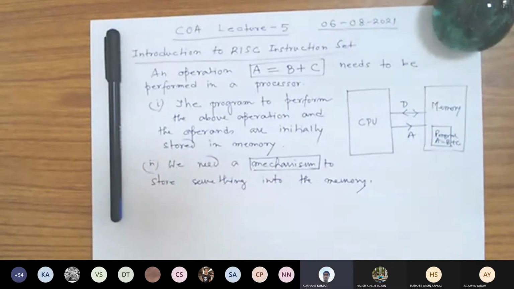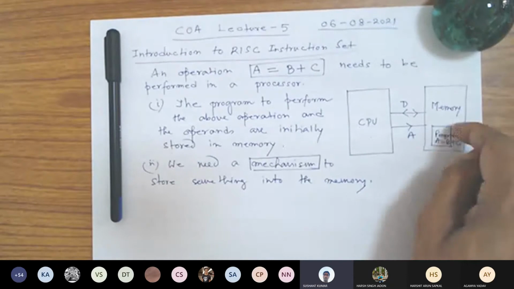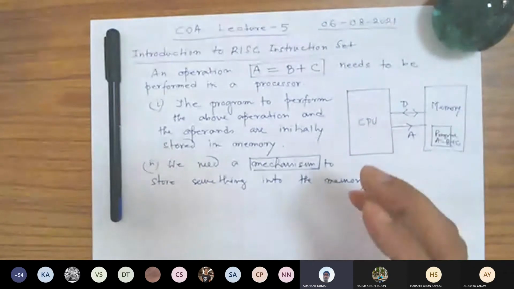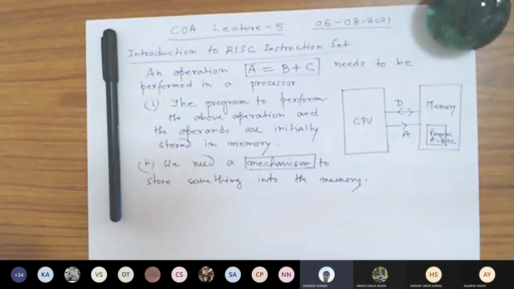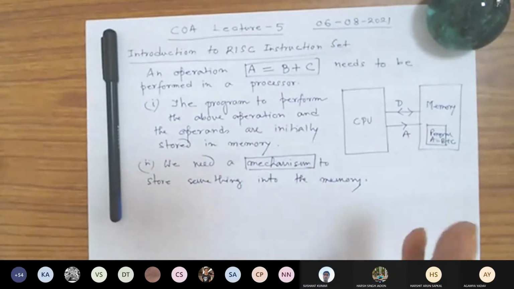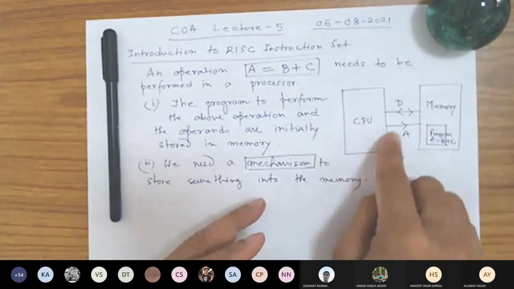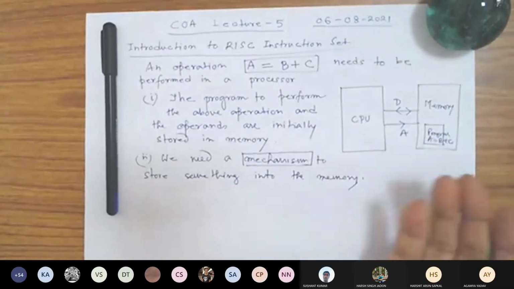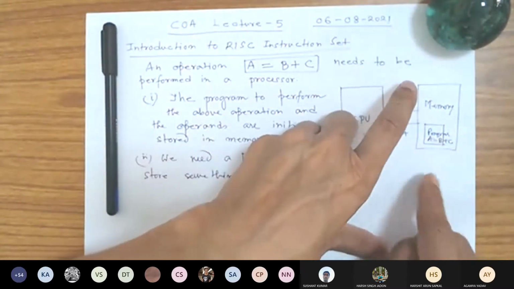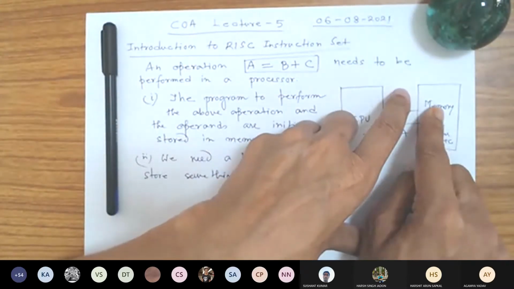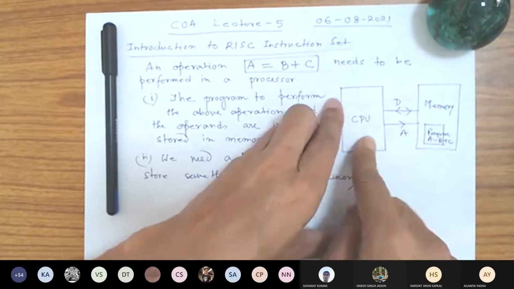Sir, operating system, doesn't it? Operating system itself is a program. Yes, sir, it loads another program to write into. No, that's the question. You are right that the operating system loads it. Now the question is, the operating system itself is a program. How does the operating system get executed here? The operating system is not outside memory. It is also inside the memory. So you need to store the operating system here. And if you need to store the operating system, you'll have to take the help of the CPU.